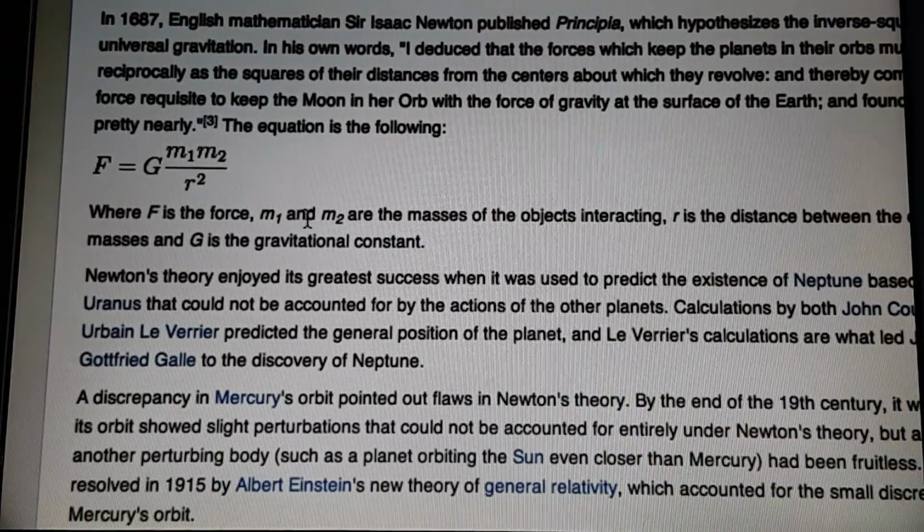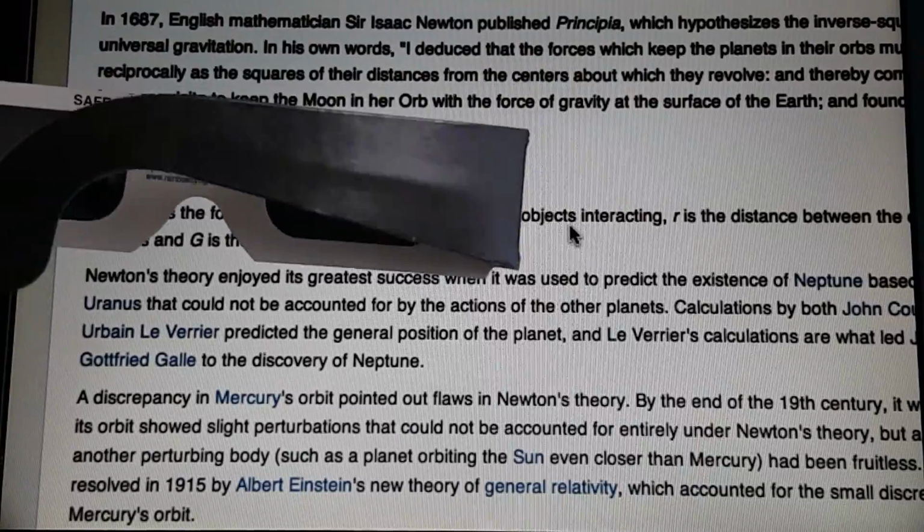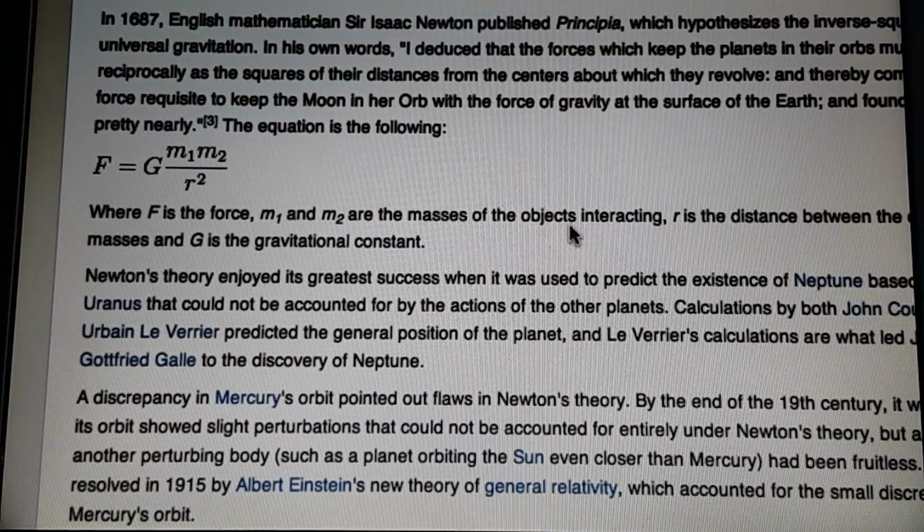Okay, so the force is based upon the masses interacting. That's great and wonderful, but the one key thing is those masses of the objects have to be absolutely constant. You cannot have gravity if the mass changes. Gravity has to be absolutely constant because the mass of the Earth is constant, just like the mass of an object is constant. These glasses still have the same mass, still the same amount of material, electrons, protons, neutrons, and everything. The Earth has the same mass. It doesn't suddenly change, right? So then, what if gravity suddenly doesn't exist in certain areas? Well, then the theory of gravity